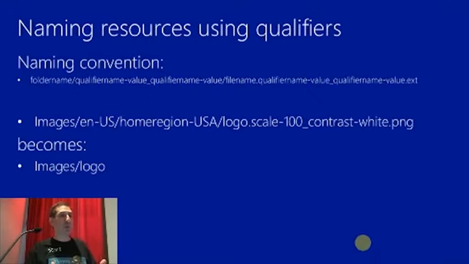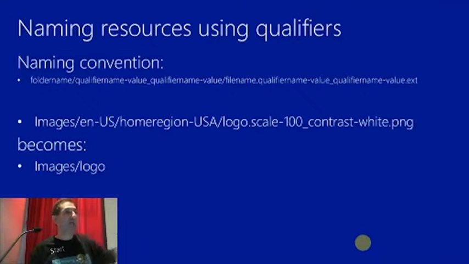And as you may know, Windows now supports 3 different scalings. So scale 100, 140, and 180. And so I may have a file that is localized for, in this case, EN-US would be English for the US, with a home region of USA, with a scaling of 100 and a contrast of white. That's the logo. When I'm putting that into my application, all I tell Visual Studio is that I need the file called